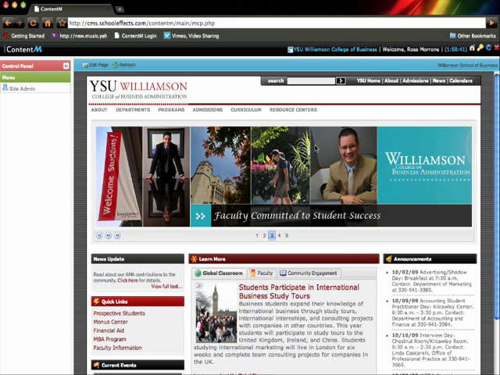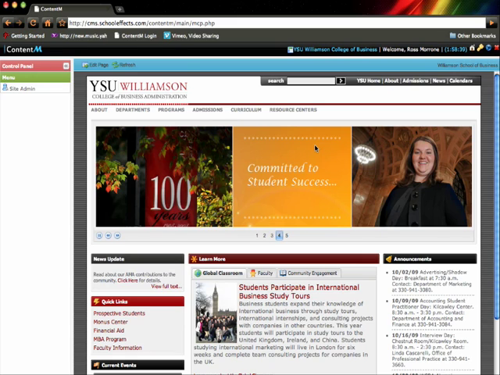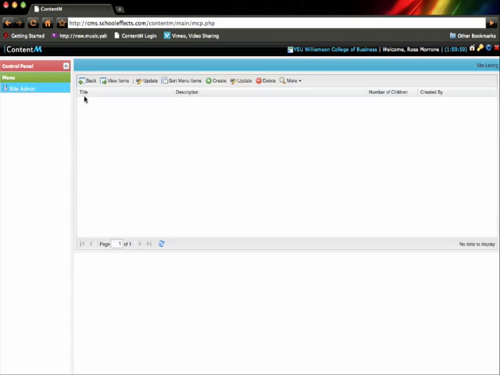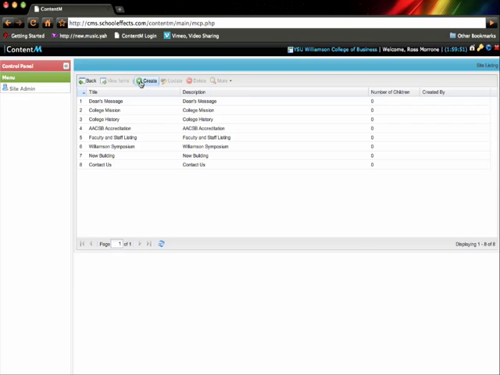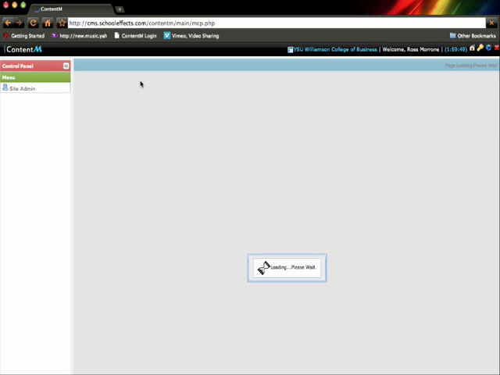To create a panel page in ContentM, you're going to take the same steps that you would take to create a new page. So we're going to go over to our site admin area and click on Sites, and this is going to load up our menus. Going to go ahead and click the Williamson main. We're going to make this one under the About section again, and go to Create,